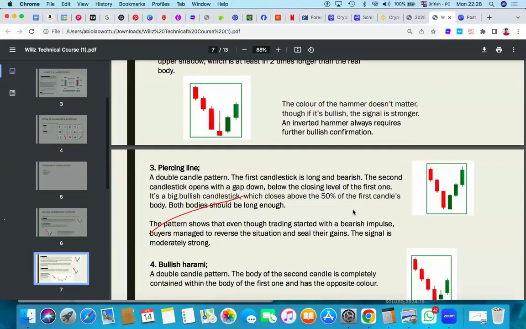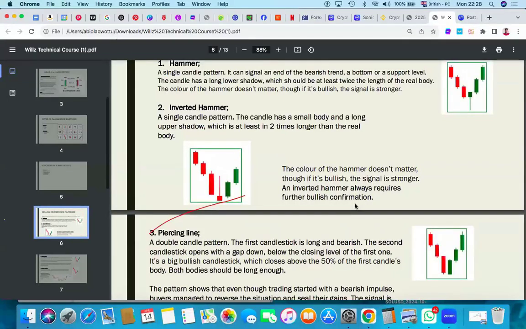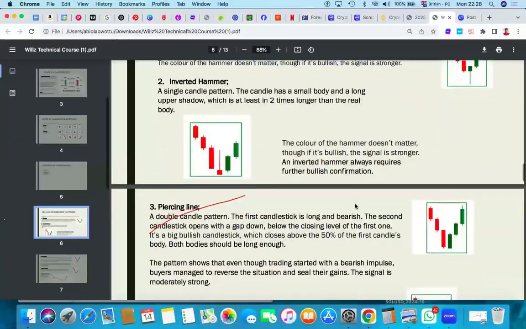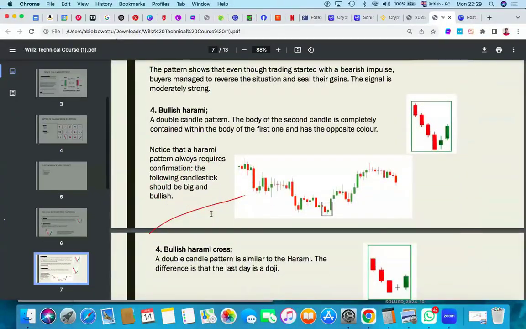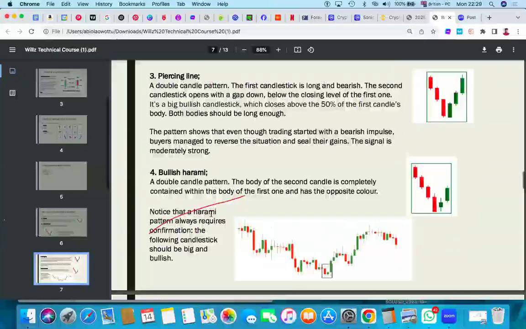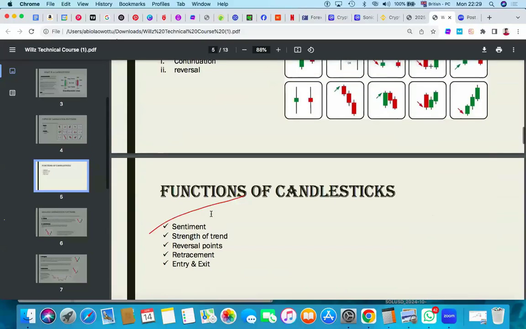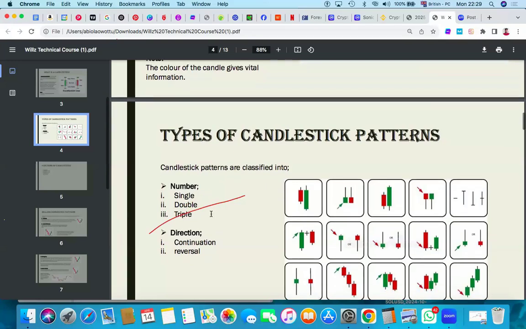So we have talked about these 3 patterns, and I don't want to rush us at all when it comes to these patterns, so that we'll be able to grab the things very well. So for tonight, I think we should stop at the first 3. From our next class, we'll then talk about bullish harami, then we go for the bullish harami cross and all of it. So if there's any question regarding these topics that we just treated about the functions of candlesticks and also the types of candles that we talked about,